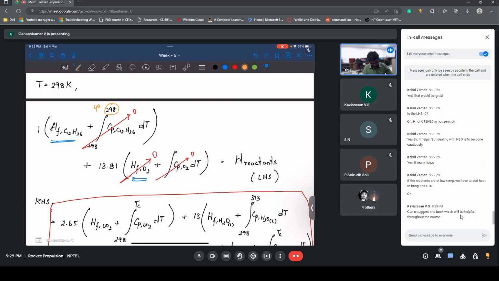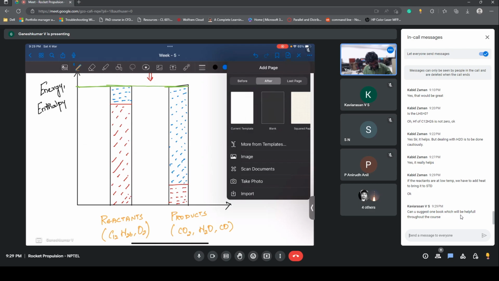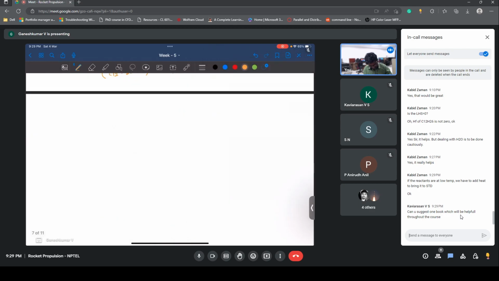Maybe I can write that as a general formula. Sorry for taking a lot of time, but it should be h of i plus integral of 298, this doesn't change at all, and then T initial, and then Cp of i dT. This is for reactants,